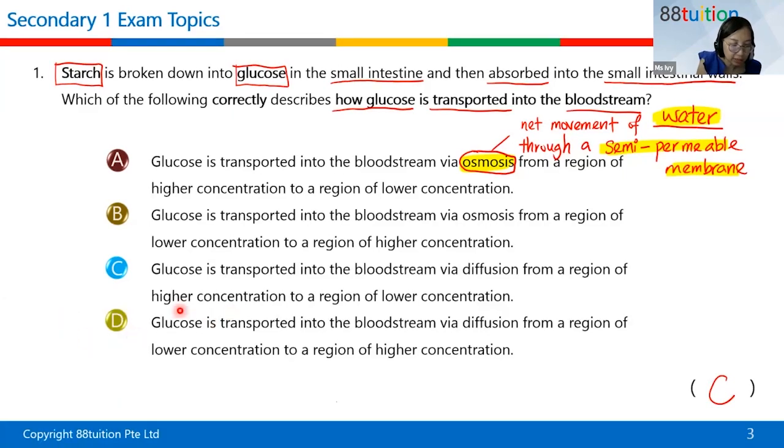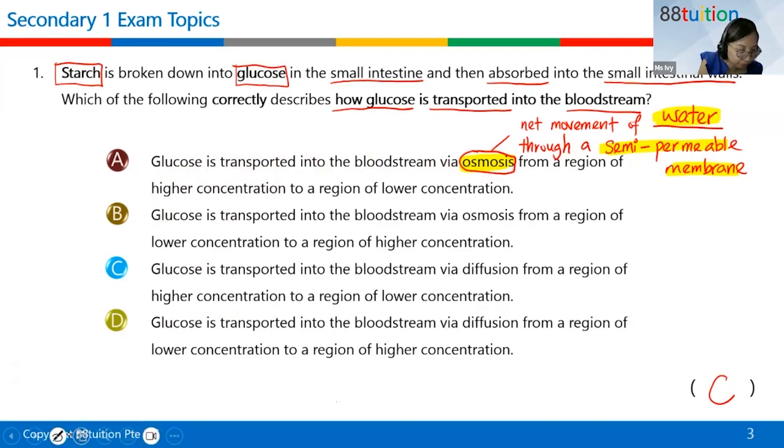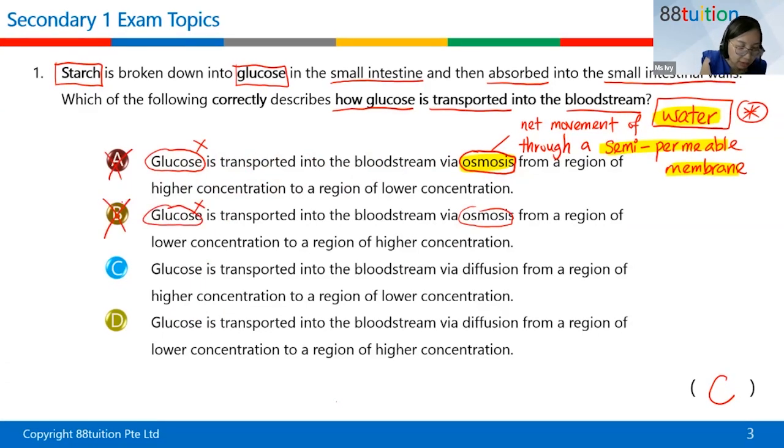All right, so if you look here, for osmosis, they say glucose is transported. That means glucose is moving. Then that's nonsense. Osmosis should be water is transported. Osmosis is reserved for water, not reserved for glucose. All right, therefore, here straight away A is wrong. All right, so glucose is transported is wrong. It has to be water. So again, osmosis here talks about glucose, straight away is wrong. So straight away A and B are wrong.